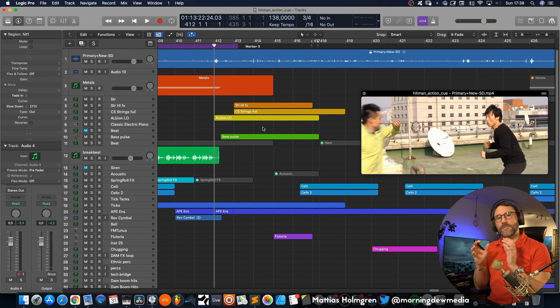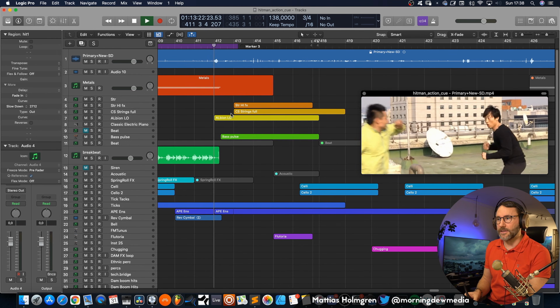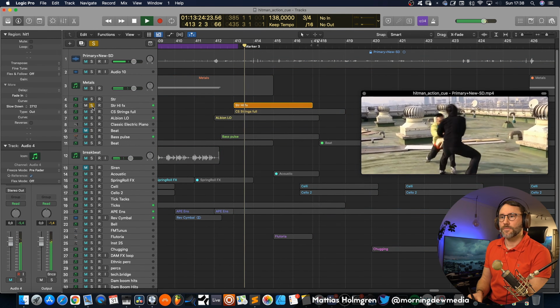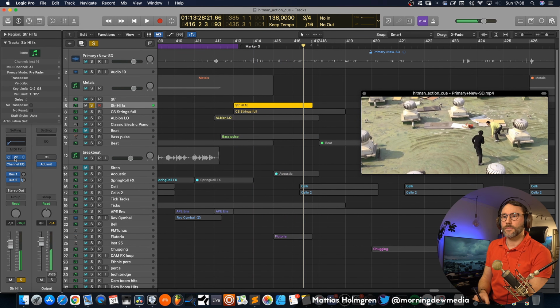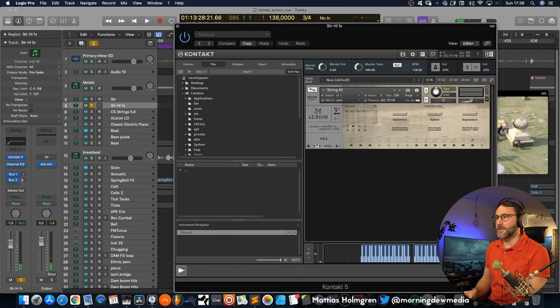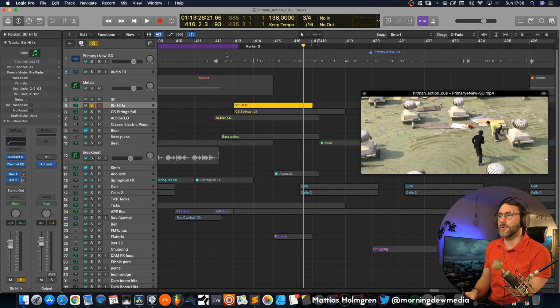And then we have a kind of relief part with some strings, and the strings sound like this. So that's the string highs kind of effect here in the Albion package.